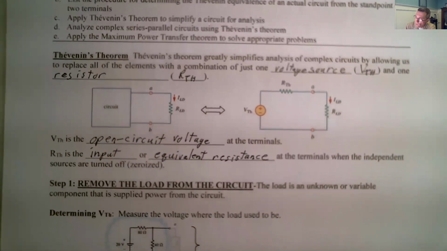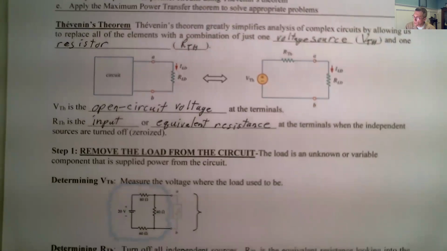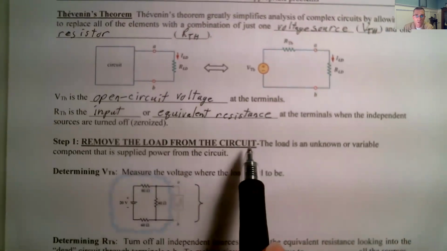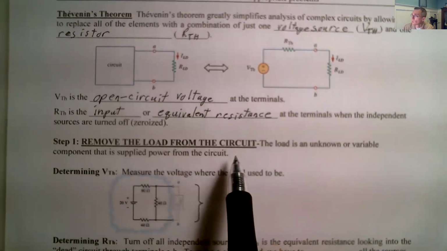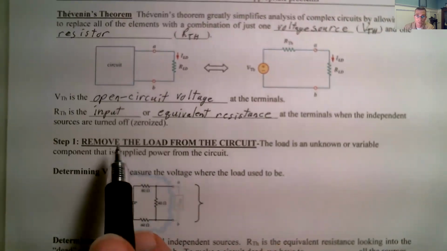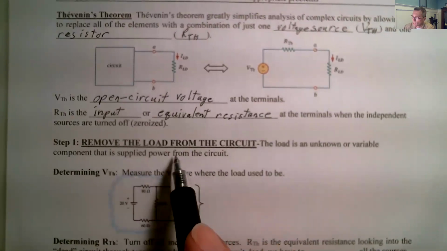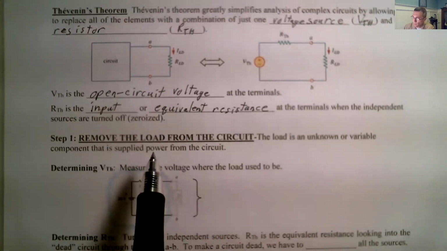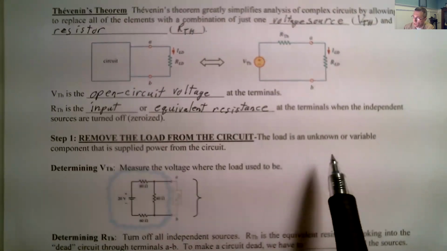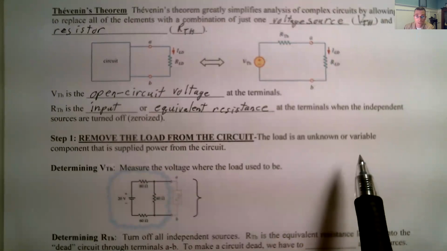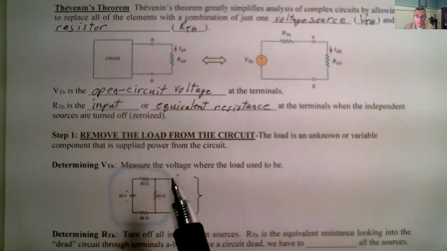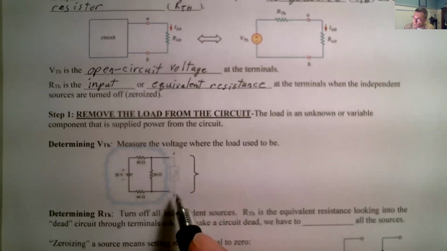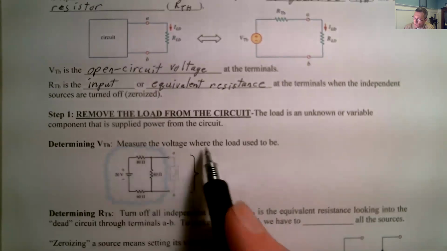Okay. So what's the process for this? Well, the first thing you do for Thevenin is you remove the load from the circuit. Now this is not on the equation sheet, so you need to remember these steps in order to get at least one of the problems on the test, because it's almost guaranteed that we'll have a Thevenin problem. So remove the load from the circuit. Load is some unknown or variable component that is supplied power from the circuit. So we take it out, and then for determining VTH,